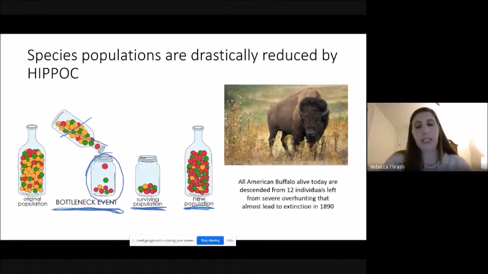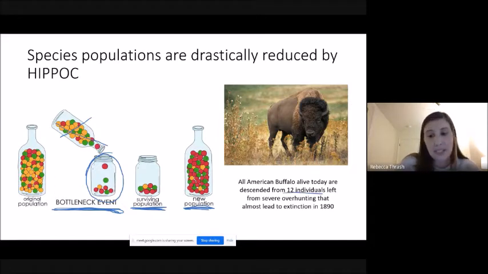So one interesting example is the American buffalo. Around 1890, they were almost overhunted to extinction, and there were about 12 individuals left. And so all the buffalo that are alive today in America are descended from these 12 individuals. So there may be thousands of them, but genetically they are very, very similar. And there are some issues with that when it comes to the ability to adapt or withstand new disturbances in